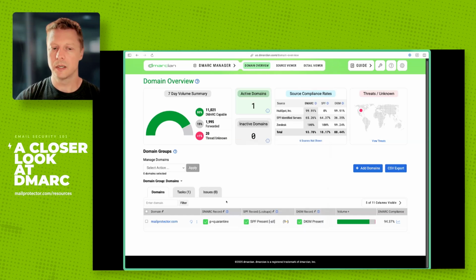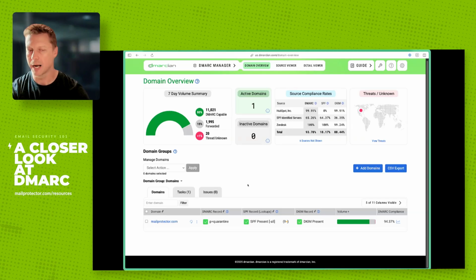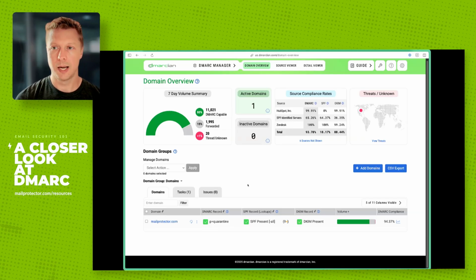Let's talk about that policy for a moment, because we get a lot of questions about what it means to have none versus quarantine versus reject, and then of course, what is the best practice? When you're getting started with DMARC, I highly recommend that you start with a policy of none, because very often, especially client domains, clients don't necessarily know where they're sending emails from. And you may not actually get all the information until you implement that DMARC policy and start to collect some of this information. So it's always a good idea to start with a policy of none, start collecting this information,